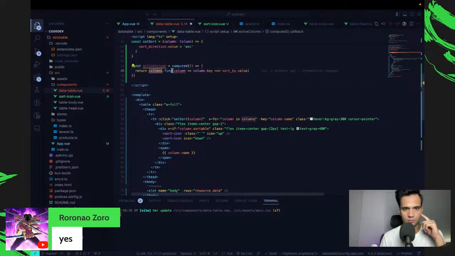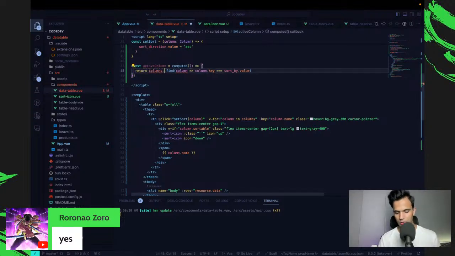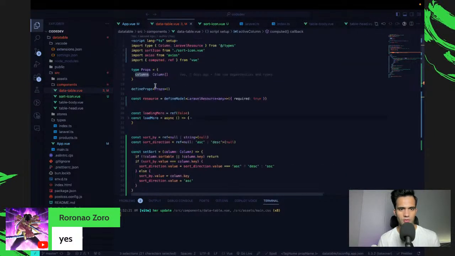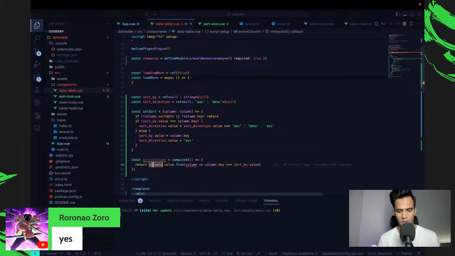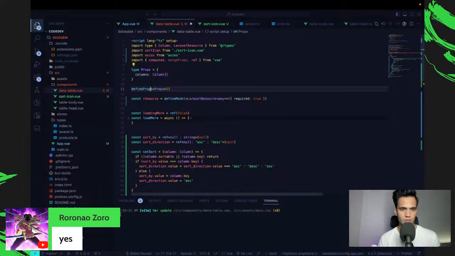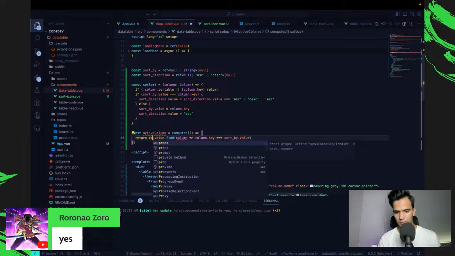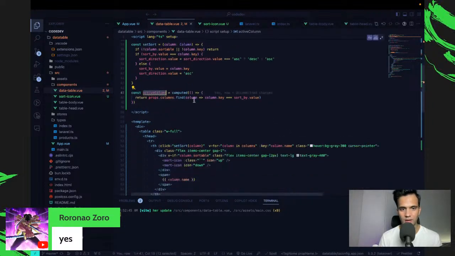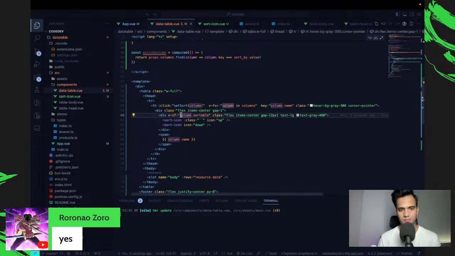Yeah, that's probably what it is, but why is columns dot value? It should be, isn't it? Columns dot value. Where's my columns? Cannot find name columns. Oh, sorry. It won't access it unless I say props dot. So define props const. Props is equal to that. And then I can say props dot columns dot find column, column dot key is equal to that. So now we know which column is active right now. And then we can put the logic here.